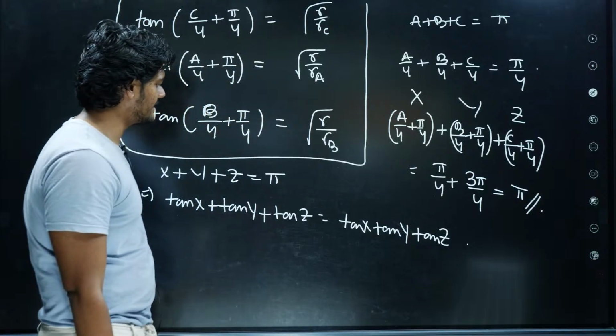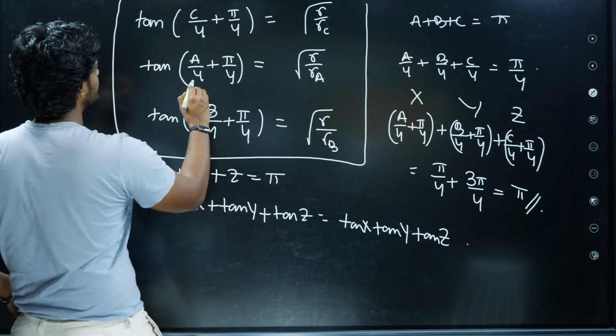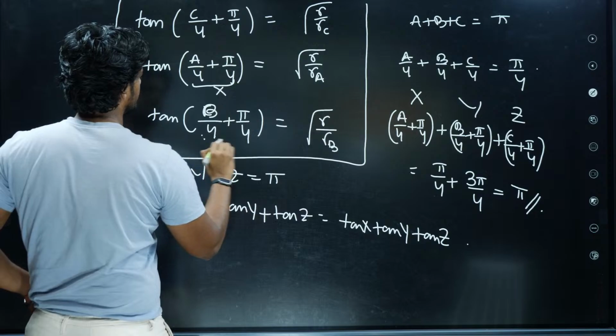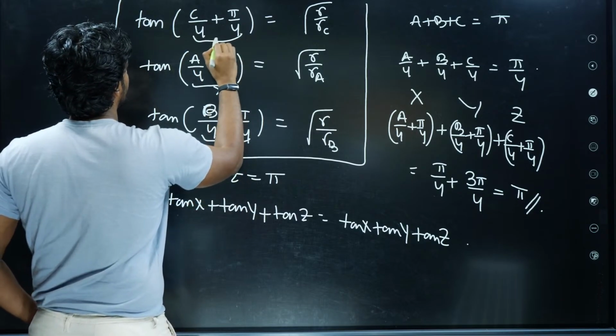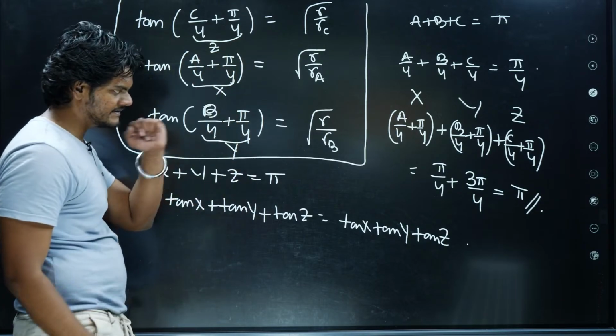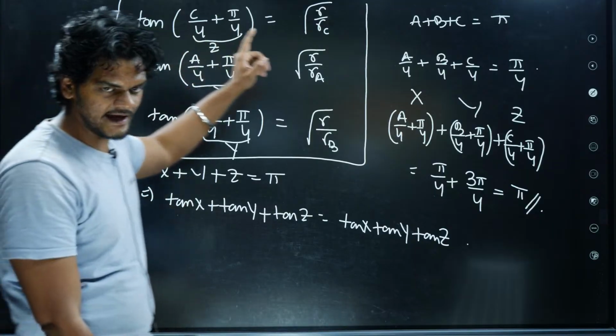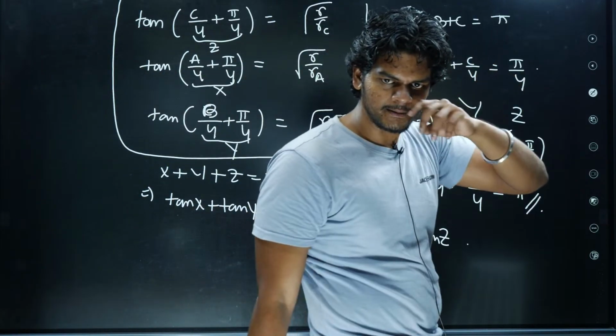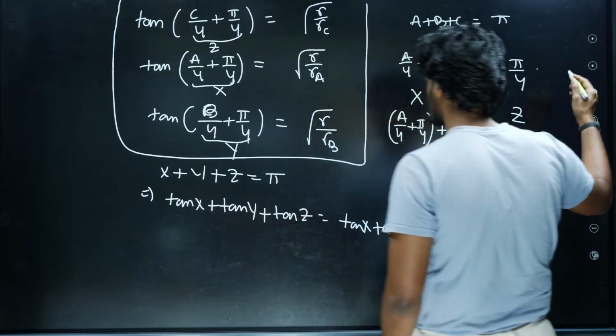Right? So if I take each of these to be some x, y and z, where x plus y plus z is basically pi, I will have the exact same relation as,